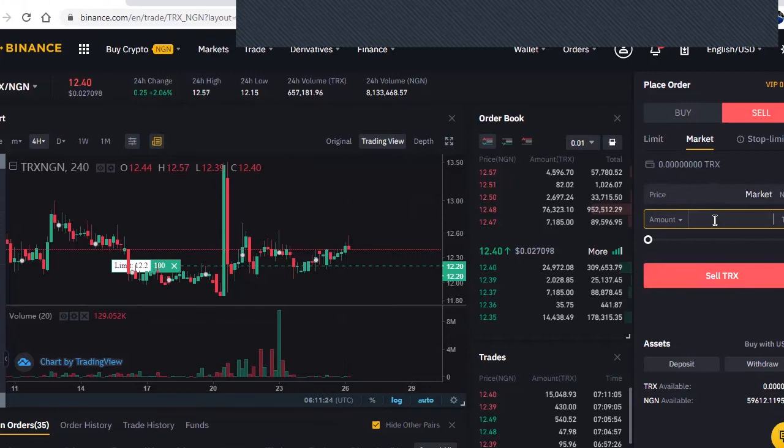Then the market option means that you want to sell at the